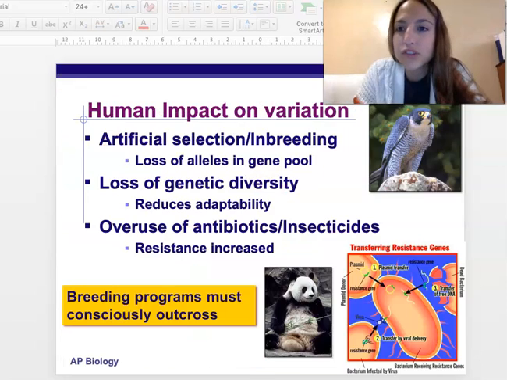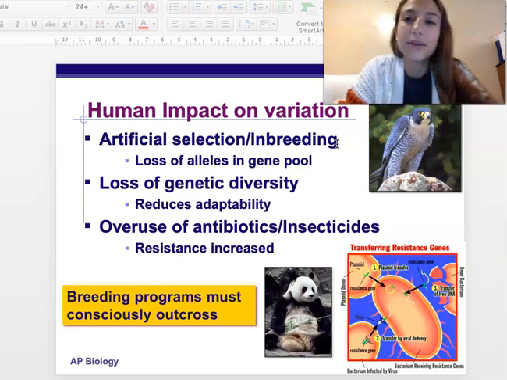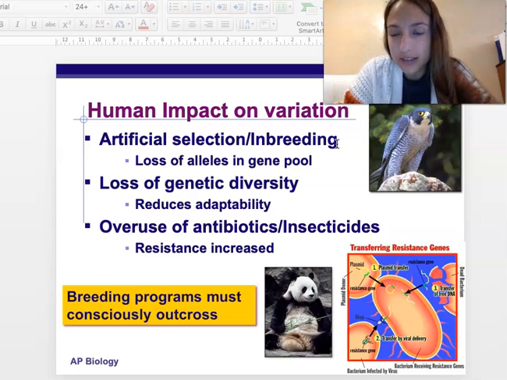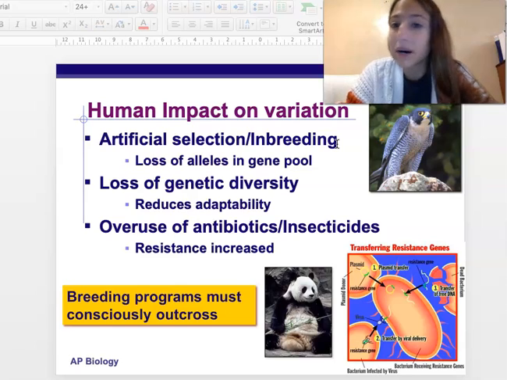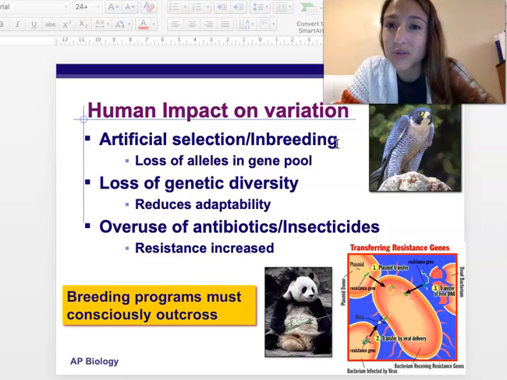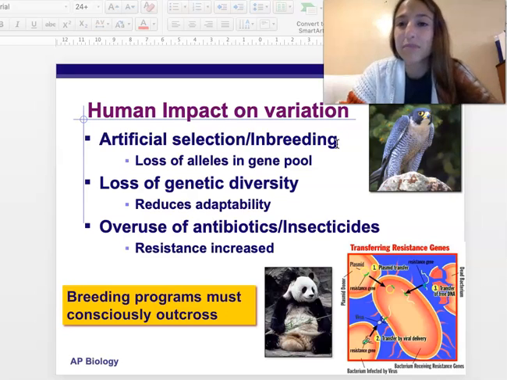Okay, so this is just one way that we impact selection. We do a lot of inbreeding, and when there's a lot of inbreeding, for example, when you want a specific, and this is something you should not be doing, is buying, for example, dogs that have been inbred a lot so that they can maintain their race. What happens is that you are decreasing the genetic variability within that species a whole bunch, and when you decrease genetic variability, you lead to a lot of genetic problems. So a lot of those dogs have a bunch of genetic problems because of the fact that they've been inbred